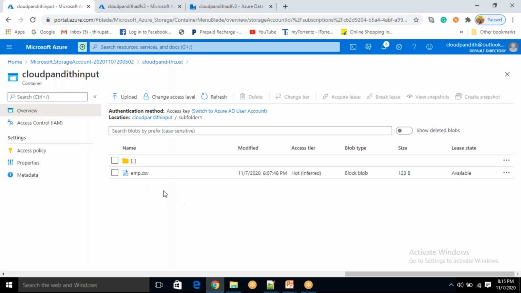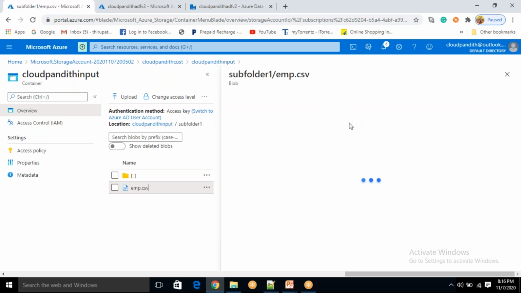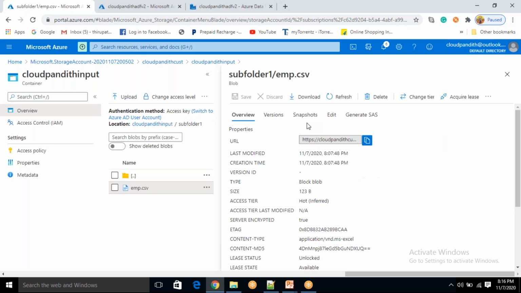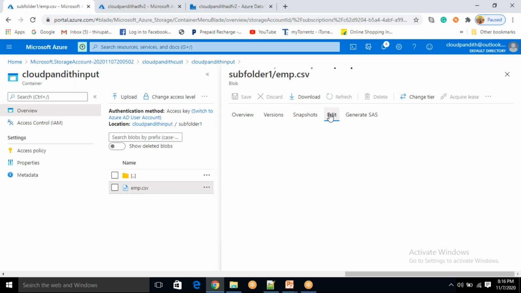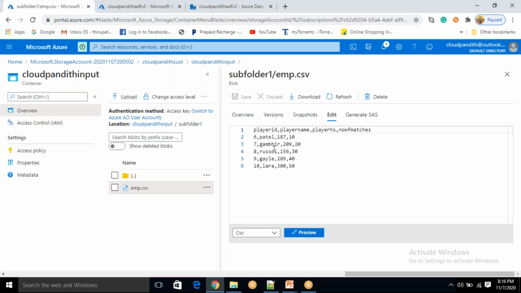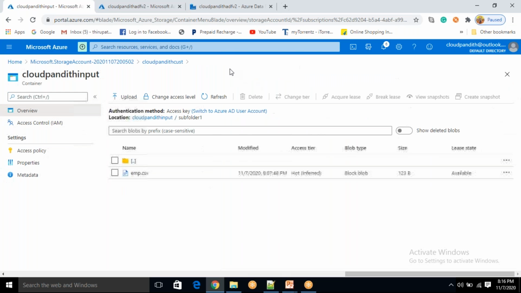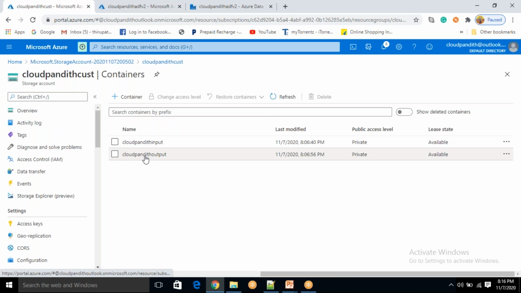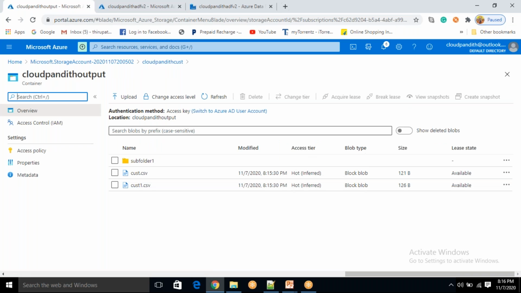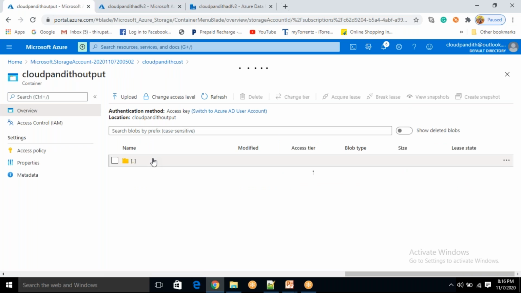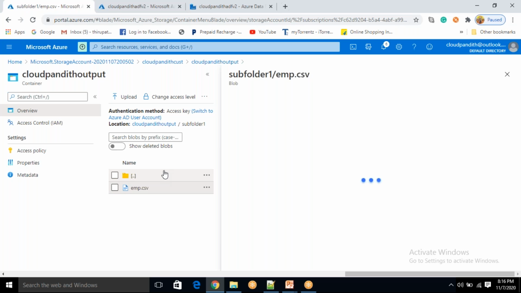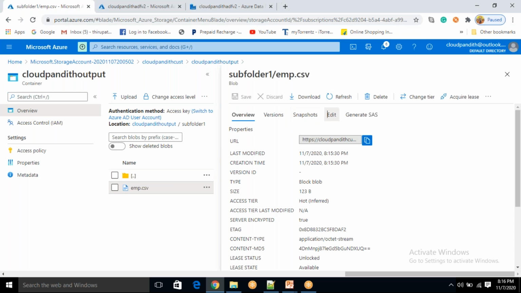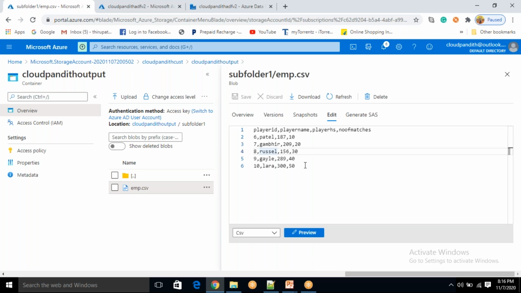See, correct, exactly the same. We don't need to verify everything, but let's verify a few files. In emp.csv, how many records do we have? From 6 to 10 records. Let's go to the Cloud Pandit output container, go inside the subfolder, and verify how many records we have. 6 to 10 records should be there, and 6 to 10 records we have.